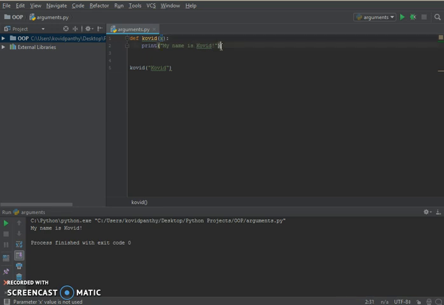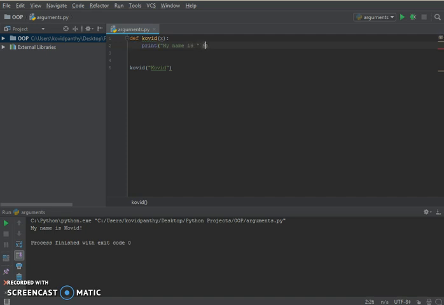So here we have to process it. If I remove this, and this, and put it like this,